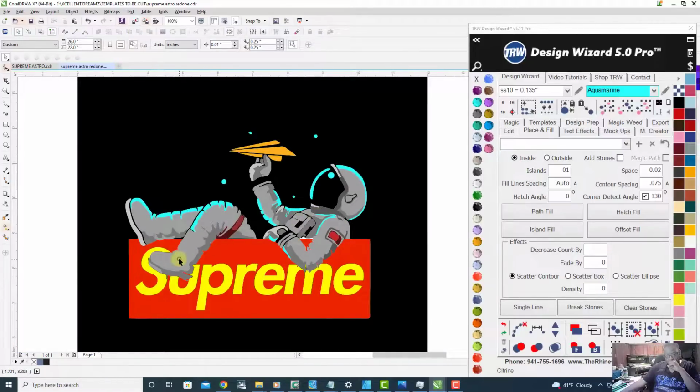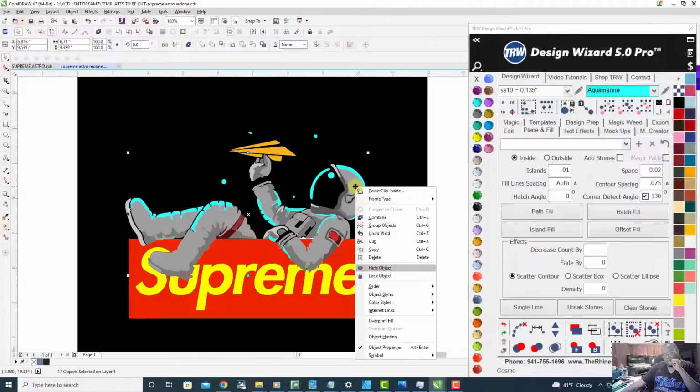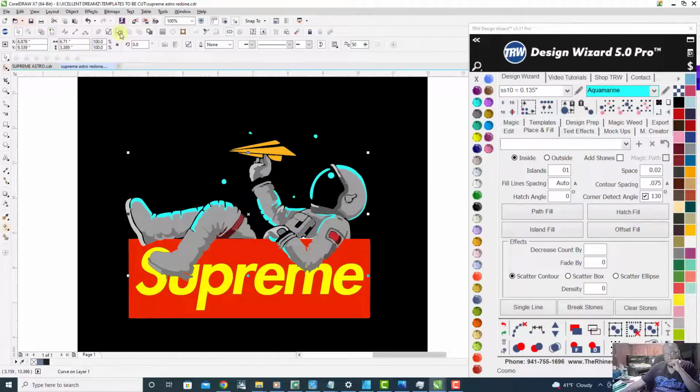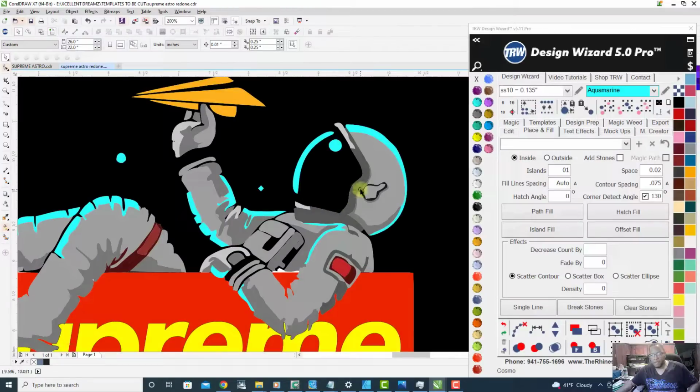Next I want to click on this gray, select all of the gray, come back over here, right click, combine and weld. Let's get this other gray here, select it all,